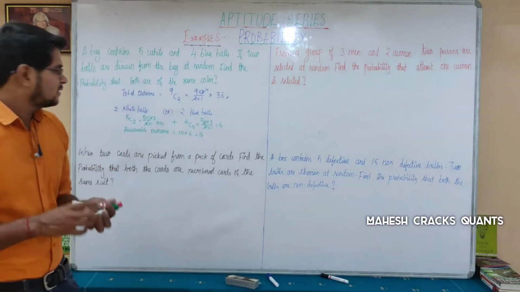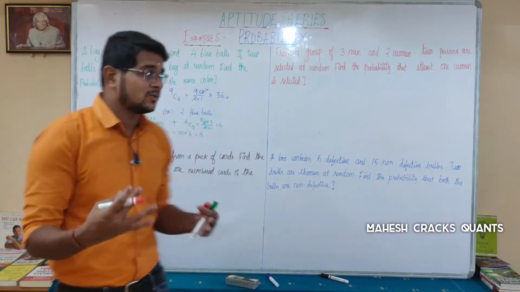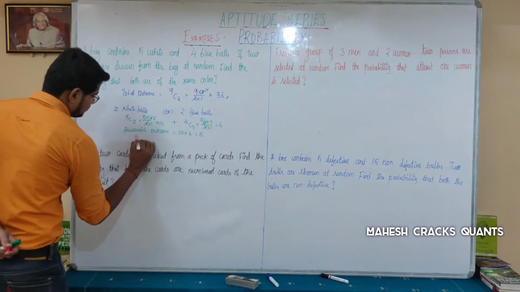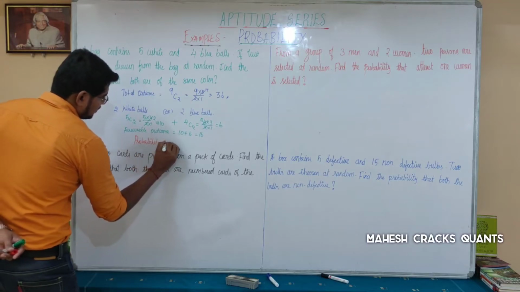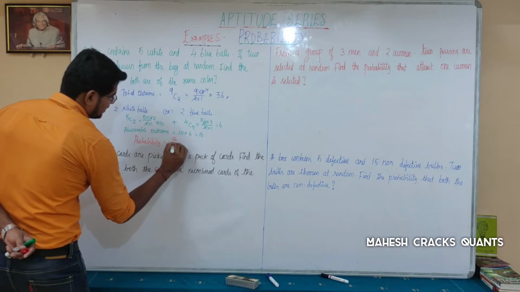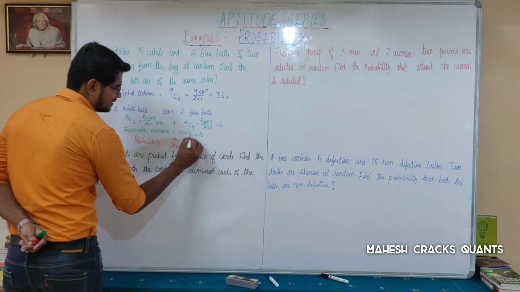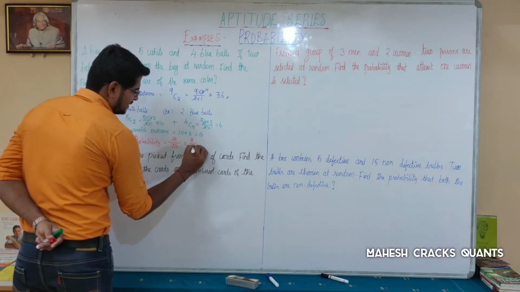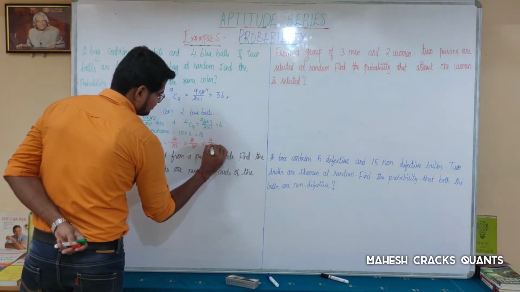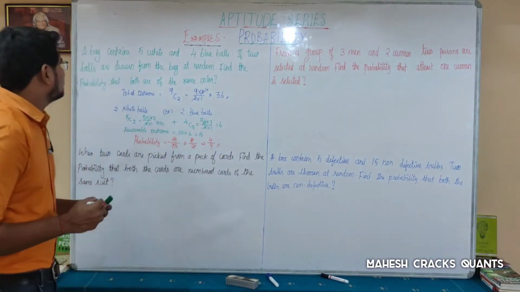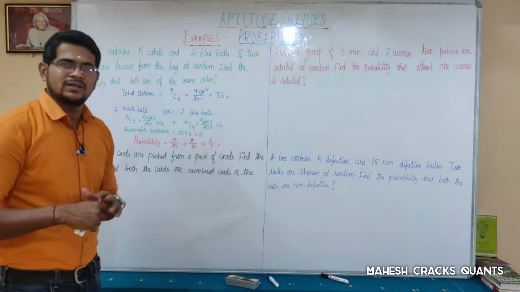That's it. What is the probability? You know that. So you have favorable outcomes as well as the total outcome, then probability is equal to favorable outcome over total outcome. So favorable outcome is 16 and total outcome is 36. You can cancel this. By cancelling 2, 8 by 18. You can cancel this again. So 4 by 9. So what is the probability that both are of the same color? 4 by 9 is your answer.